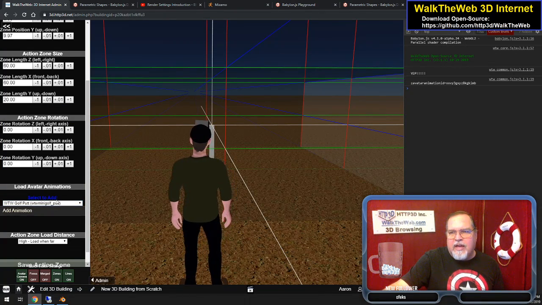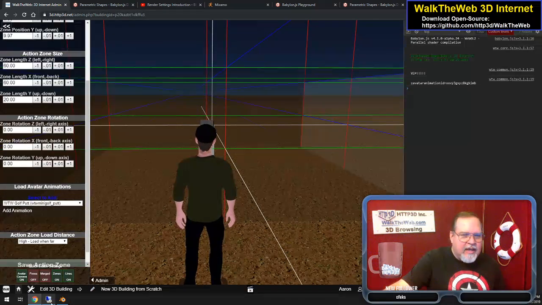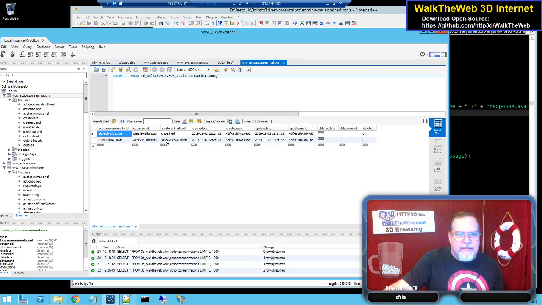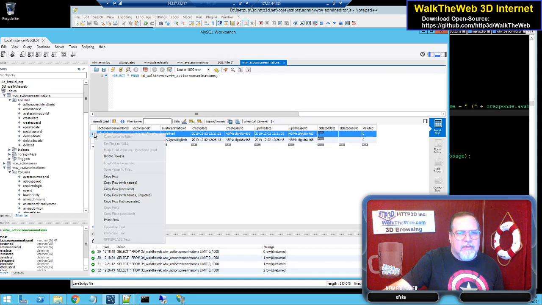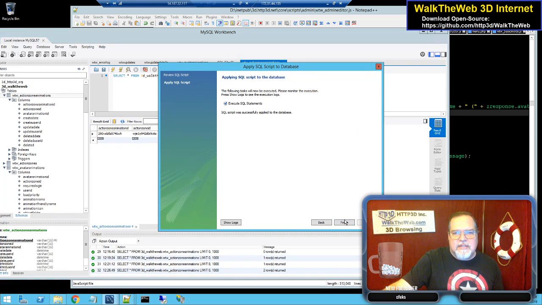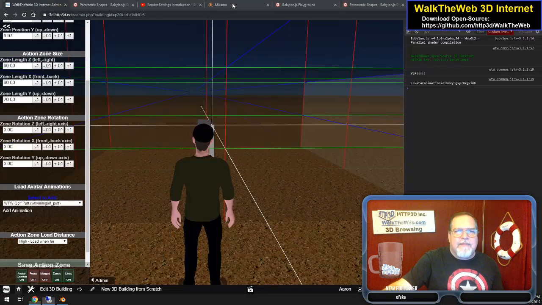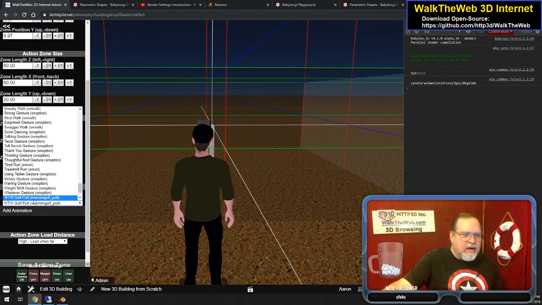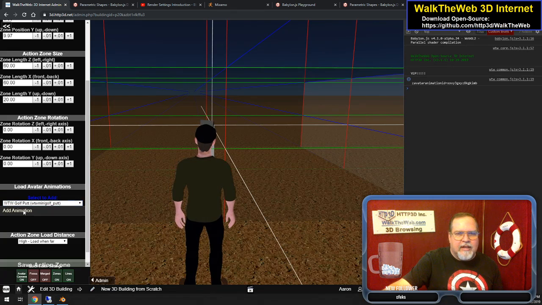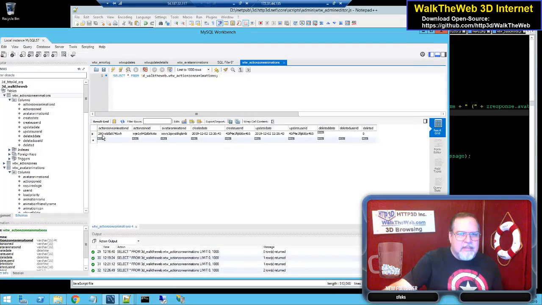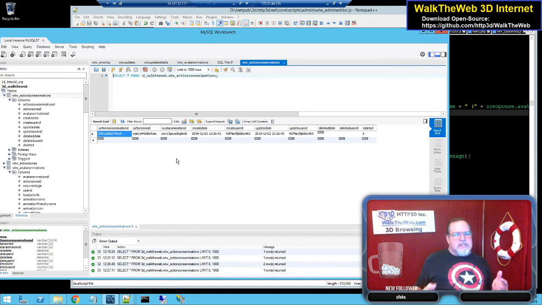And when I click OK, now we have an actual ID. And in the table, we should now have that value. And we can get rid of this other one. We won't be using it. And then the last thing I want to test is just making sure if I try to add that same one again on here. So I go in here and I say, oh, here's another one. And I click Add Animation. It ran the process again. But in this case, we did not add a second one, so our function blocked us from adding a second